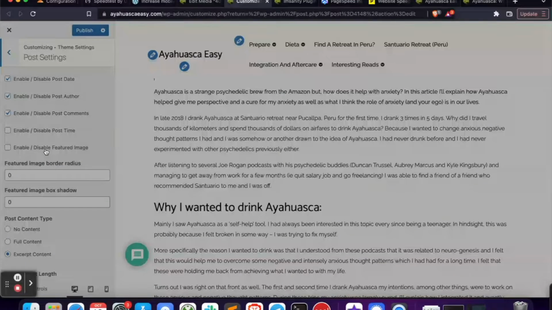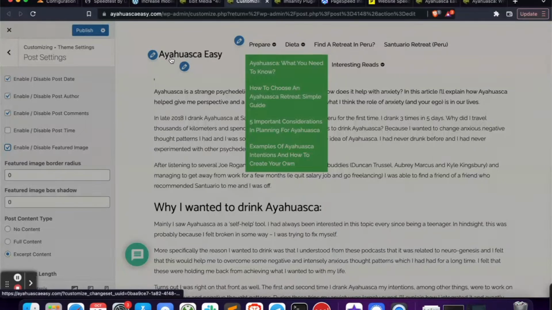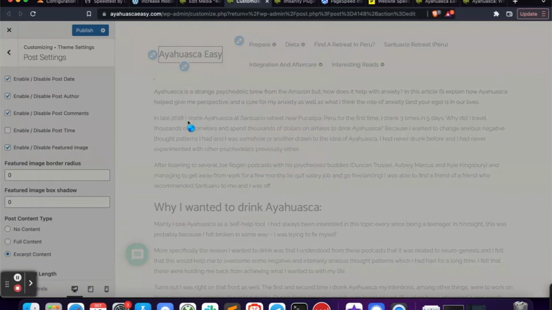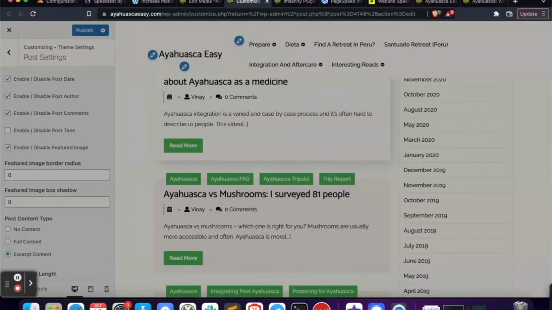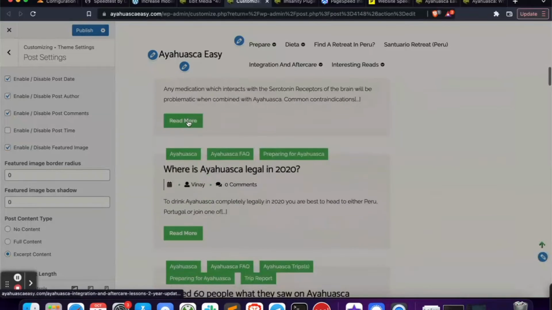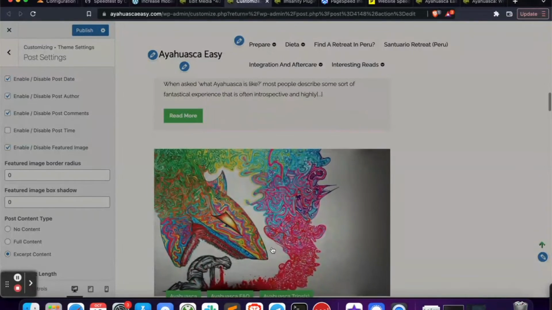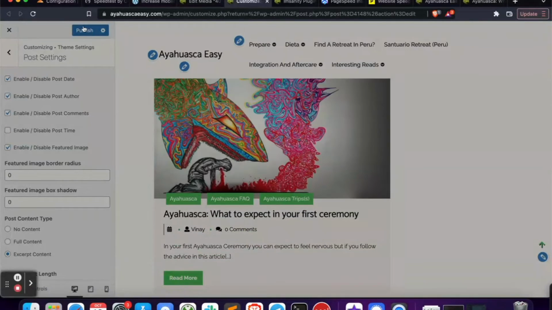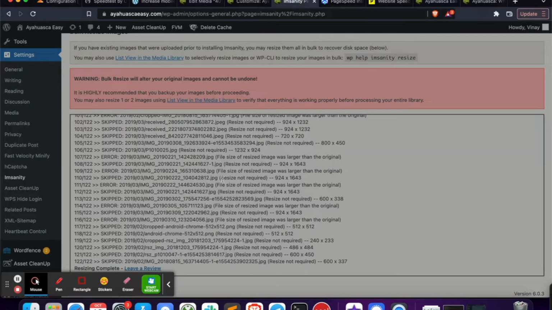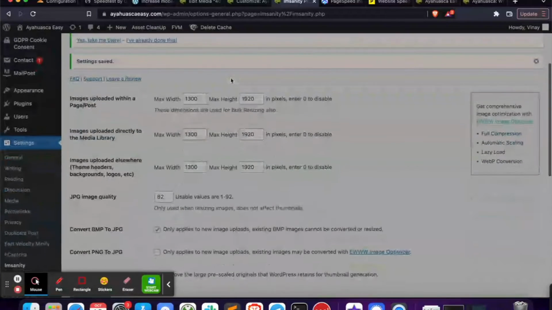And then I'm going to enable that on the home page. So if I go back to the home page here, hopefully I'll see the images come back. Yeah, so I can see them here. So I'm going to publish that, and then I'm going to go back to Insanity, and I'm going to